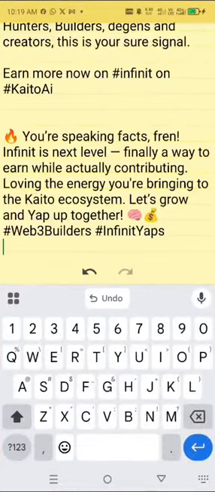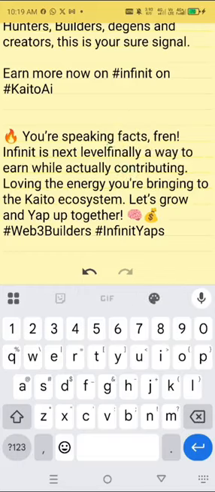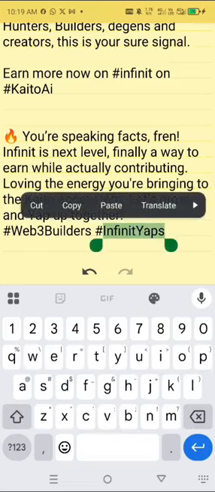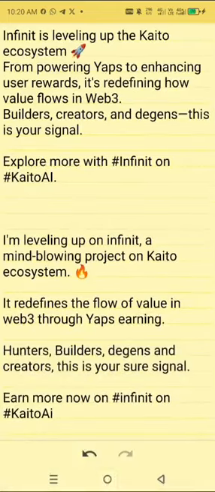You are speaking fact. Okay, all right, so make sure when you see anything like this on it, remove it and just put a comma. Then I believe that's the only thing you do, and if you don't like, you can remove all these. And also hashtag, you can remove the hashtag and just use only one hashtag, which is just the Infinix, and it's not all the time, so you can choose to use the hashtag or not, because it will automatically carry the hashtag on the default post.